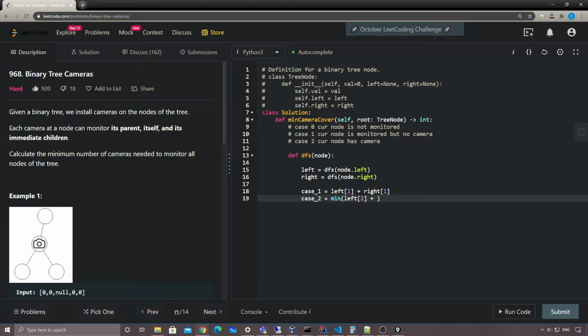So which means that it's going to be the minimum of the second and the third case. Because if the left one already has a camera, we are sure the left one has a camera, so the right child can either have a camera or no camera. So we have two options here. So that's the first case, and the second case is